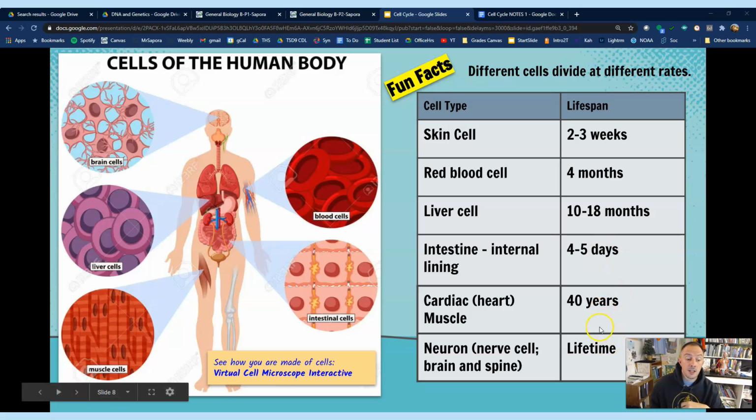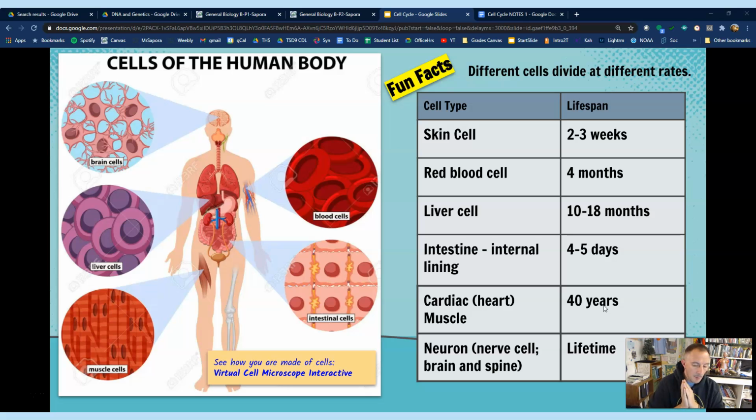Now, on the other end, heart cells, which are muscle cells, will last 40 years. So you might just replace those once in your lifetime, which is pretty crazy. And this is why things like heart attacks can be so serious and have lasting impacts, because if that tissue gets damaged or dies, it is not going to grow back. So that is one of the reasons that you want to treat a heart attack right away